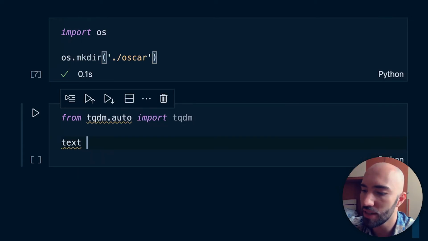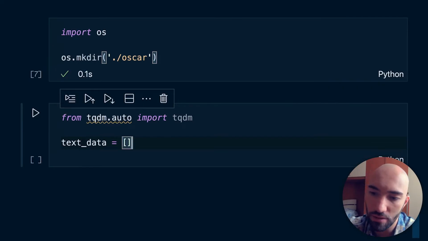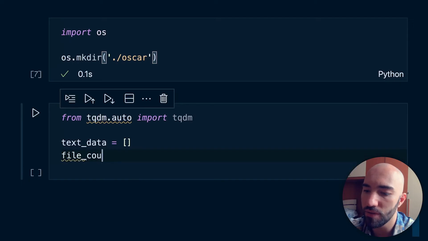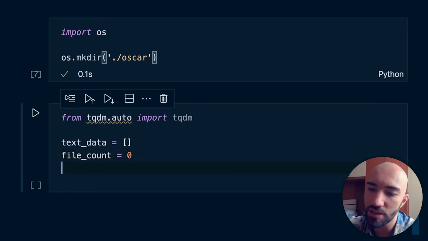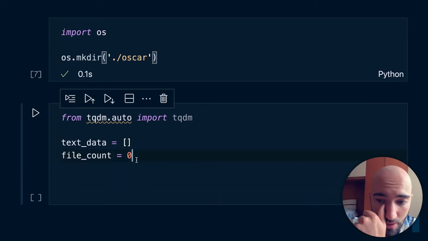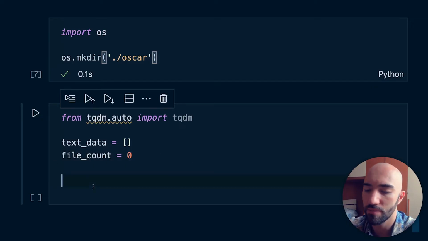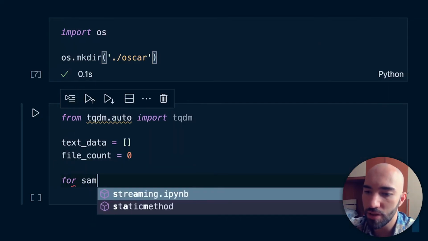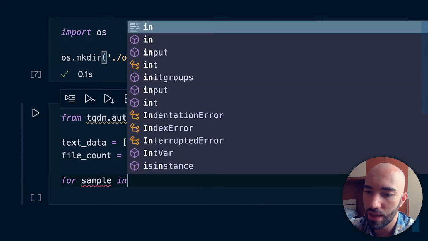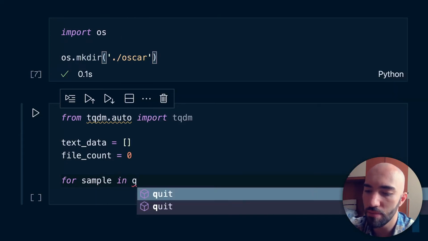So I'm going to create this text data list. We'll populate this with all of our text, and I'm going to use this file count, set that to 0. This is just going to loop through, and we're going to create all of our text files using this here. So what I want to do is for sample in tqdm